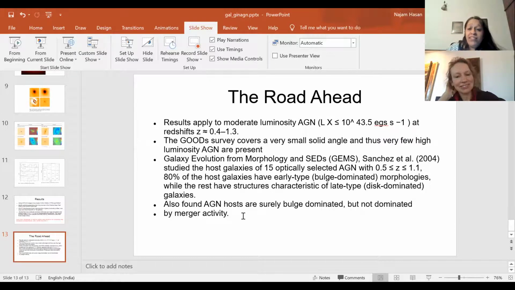But after this, there was another survey, which is called the GEMS survey, Galaxy Evolution from Morphology and SEDs. Okay. In the GEMS survey, which is a much larger survey, they also studied the host galaxies of 15 optically selected AGN. And again, in their study also, they found that 80% of the host galaxies were bulge dominated, right? So in